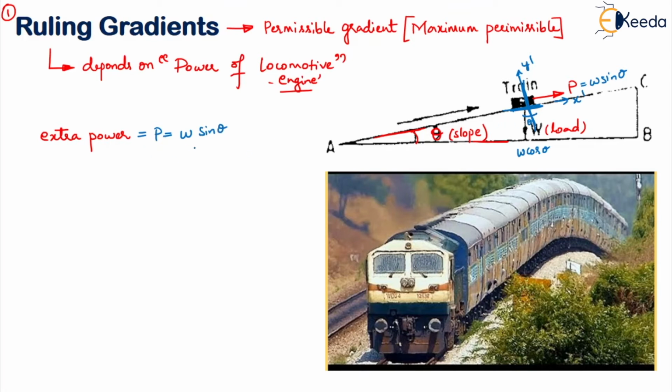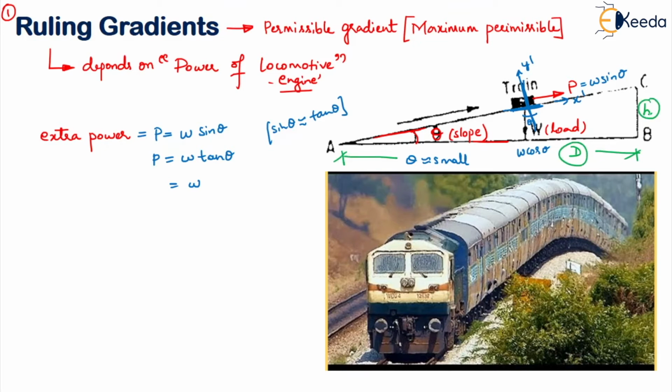Now if you observe the theta is very small, so in case theta is very small, what will happen? Your sin theta will become approximately equal to your tan theta. Now let us replace it there. So this will be W tan theta. From the figure, what is tan theta? Normally, generally, what is tan theta? Say this is your vertical distance H, BC, right? Vertical height, you can say. Then AB is nothing but the horizontal distance, capital D. This is your vertical distance, small h.